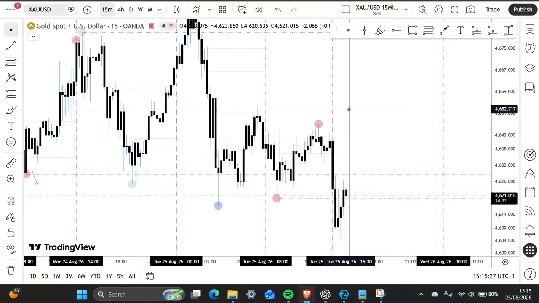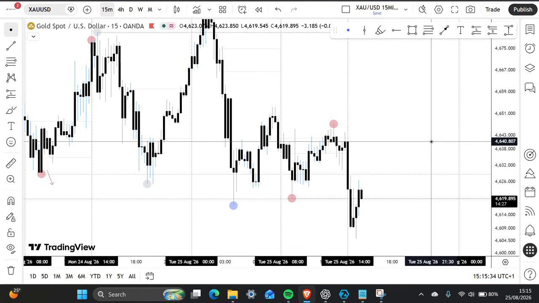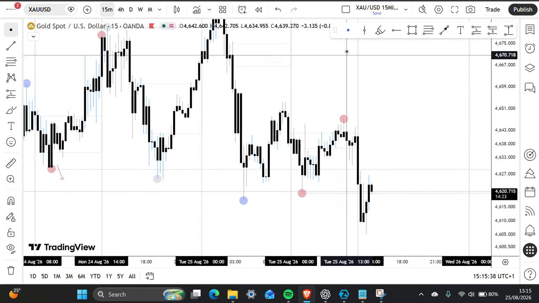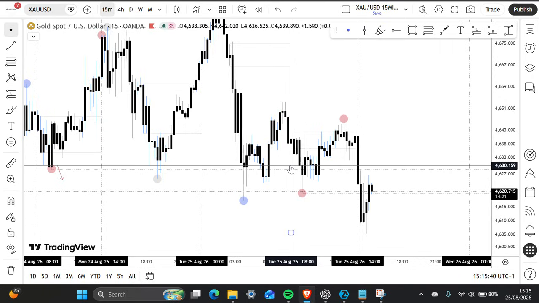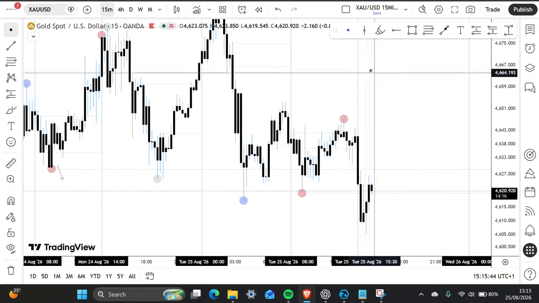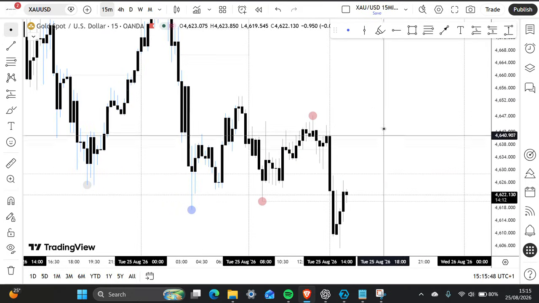Dive right into it. Current session is New York. Current time is 15:15. London session is the previous session. London's delta sits over here. If we bring our attention to the first high and the first low,